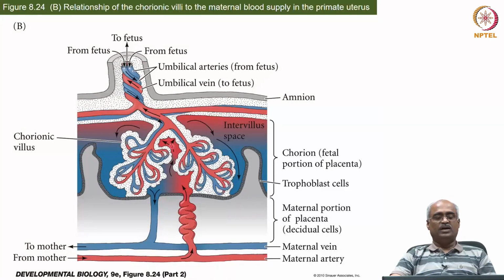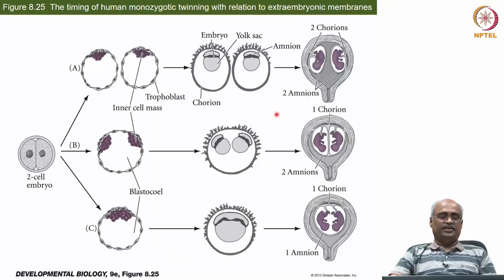So this gives you a closer view of the structure that we just discussed. You have the maternal artery flowing into this area, and then the maternal vein that drains from this area, and you need to focus on this. You actually have umbilical cord arteries, two of them, while the vein there is only one. Okay, so we now